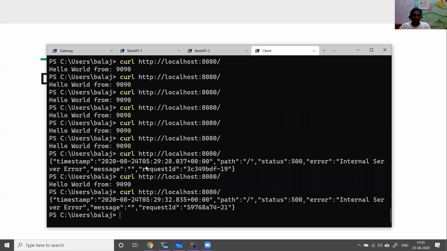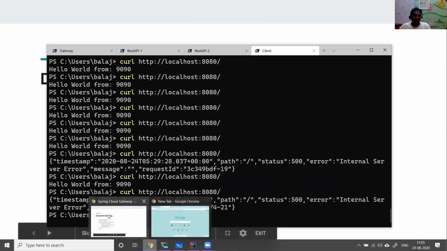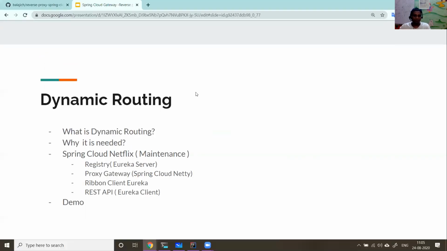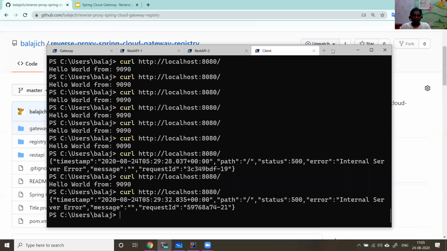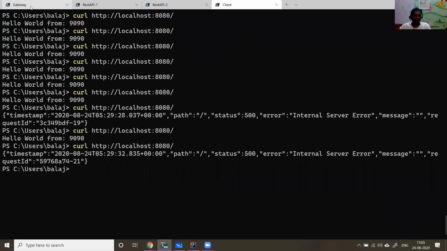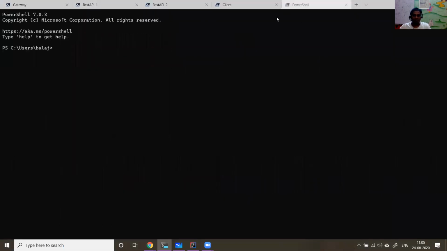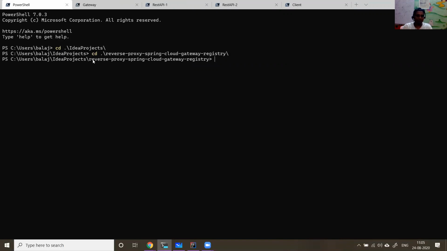Now, this entire code, as usual, is here. Spring Cloud Registry. I'll walk you through the code a little bit and also with the demo as well. I have the reverse proxy registry here.